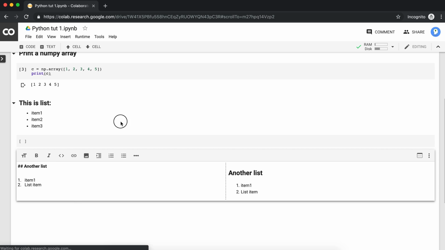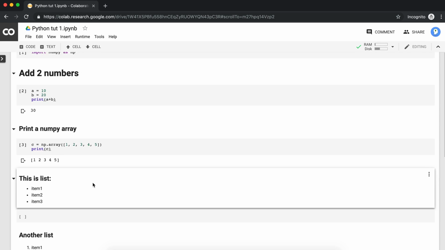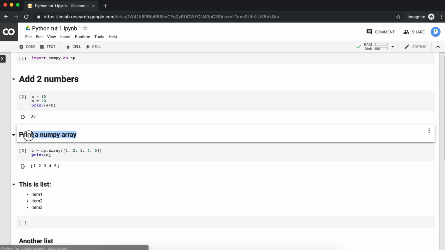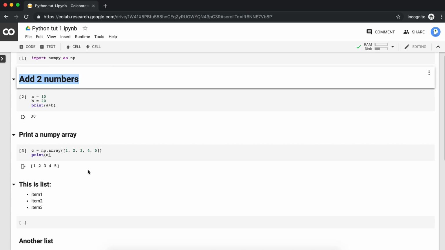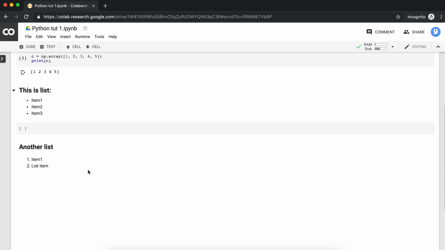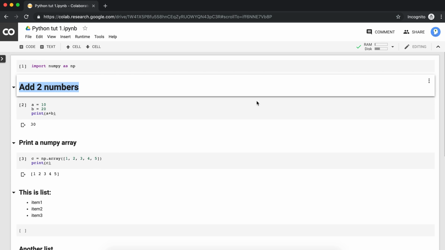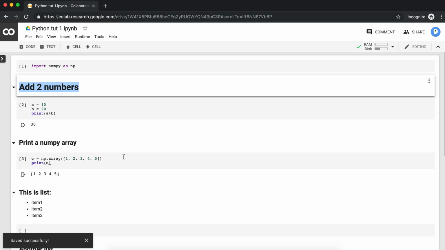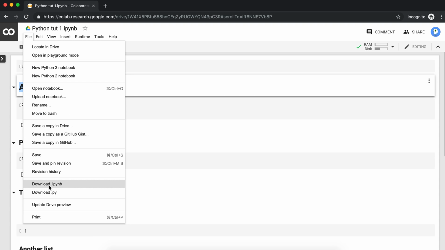So this is very convenient, like if you are writing code and you are inserting your comments and texts for better understanding of the person, or even yourself when you revisit it. So now we have written this code and I want to save it. So you can save this code and it is saved to your Google Drive. And you can also download a local copy of this IPython notebook,